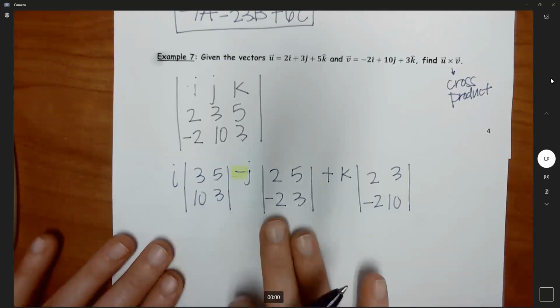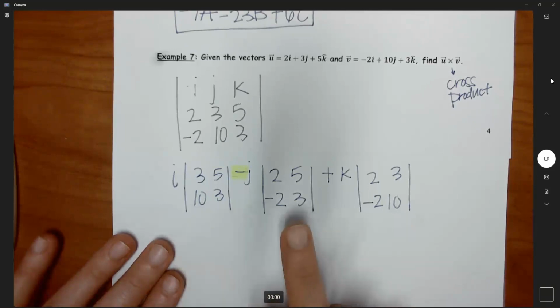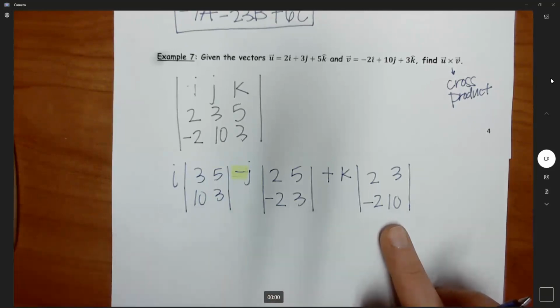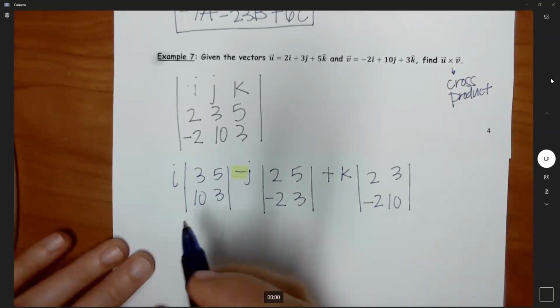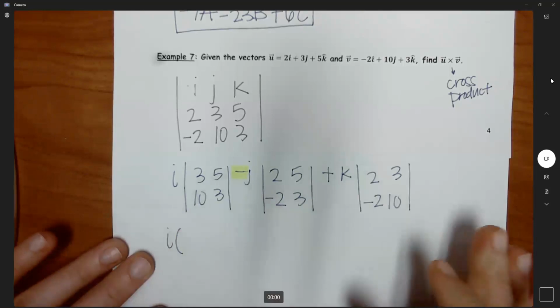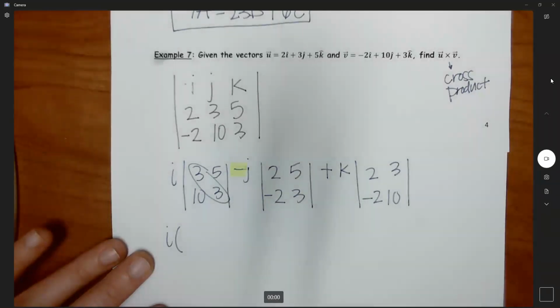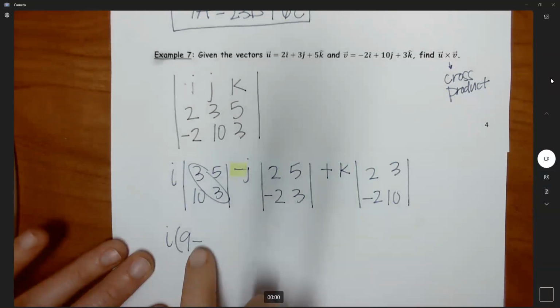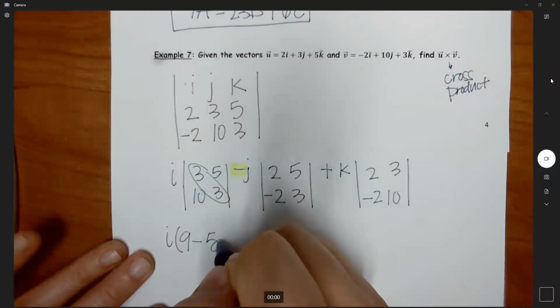So you can put these into your calculator because this 2 by 2 determinant's all numbers, this is all numbers, and this is all numbers. But it takes longer to put that in rather than just do it by hand. So I've got i times, always cross multiply this way first. So 3 times 3 is 9, minus, because this is my formula, 10 times 5 is going to give me 50,